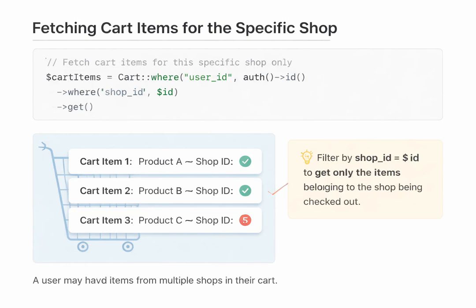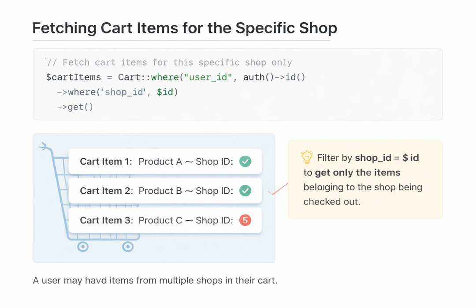Here's an important detail. A user's cart might contain items from multiple different shops. When they check out from one specific shop, we only want to save the order items that belong to that shop, not everything in the cart. So the cart items are fetched with 2 filters. The user ID must match the logged-in user, and the shop ID must match the shop being checked out. This is how the instructor references the cart controller logic and adapts it here. The result is a filtered collection of only the relevant cart items for this